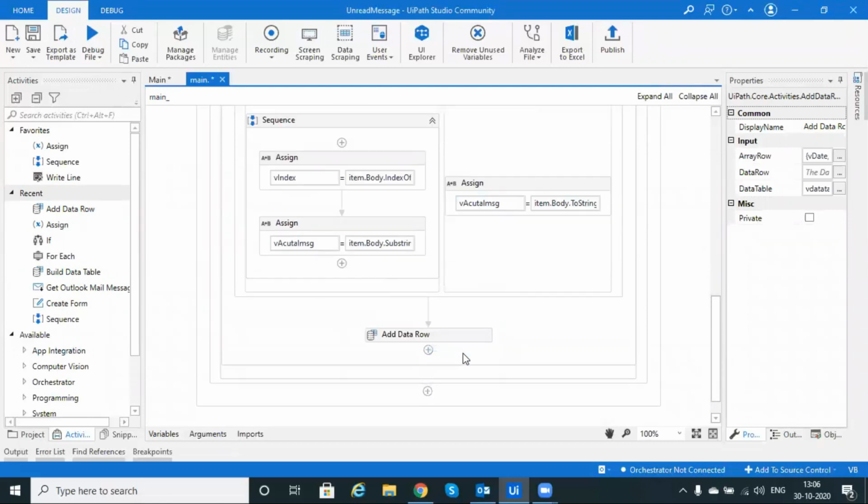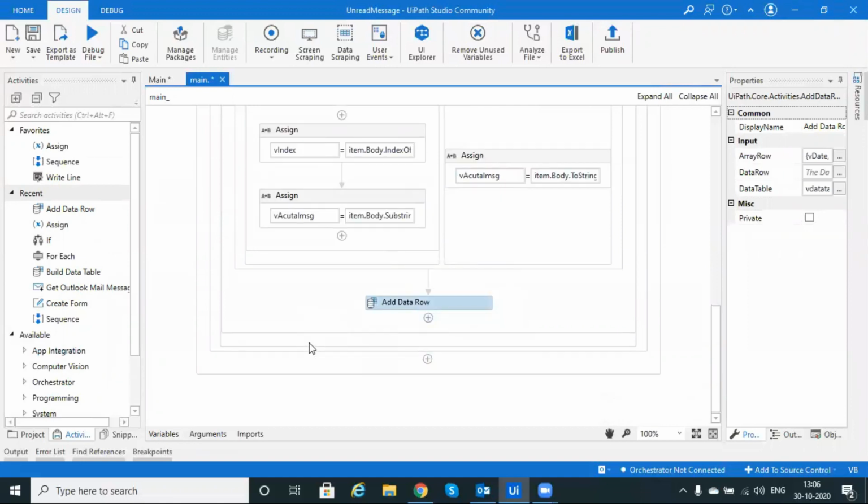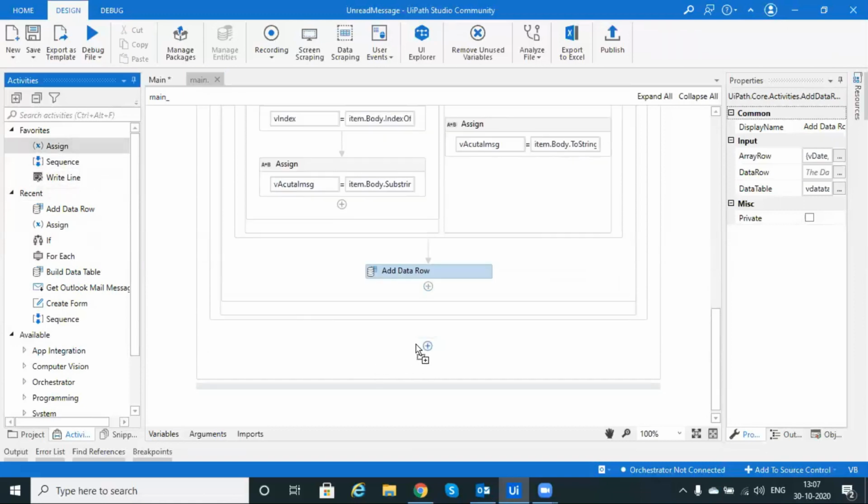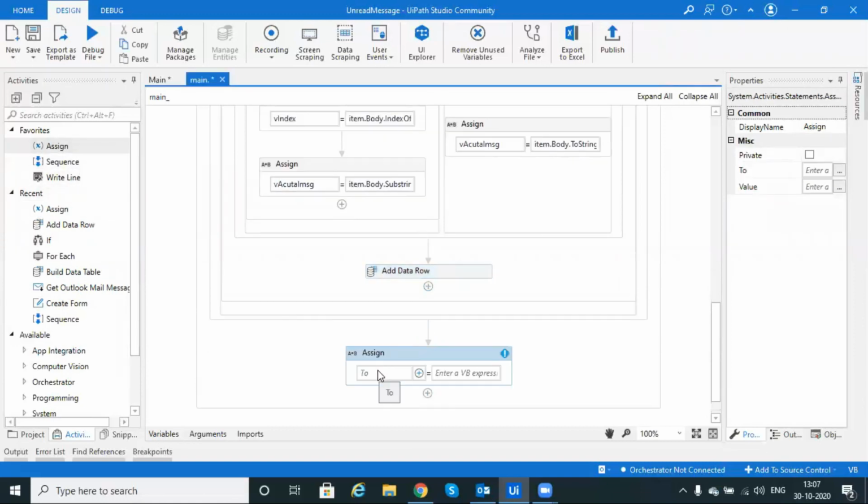So let me add here, and after that we will assign for JSON string, right?